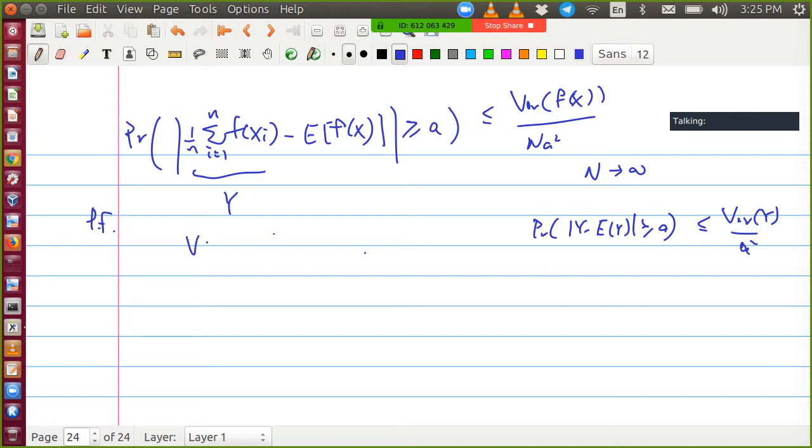Right, variance of y is equal to 1 over n squared. Wait a sec. Let me do it one step at a time. 1 over n summation i equal to 1 to n f(xi). So let's say I just write like that. Right. Now